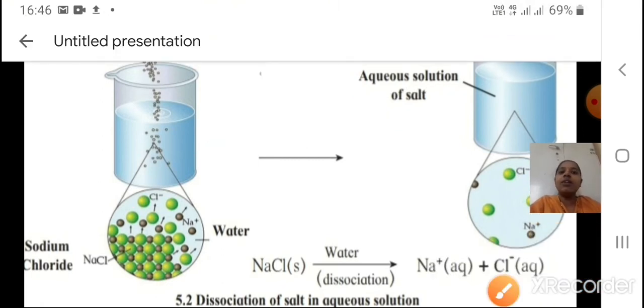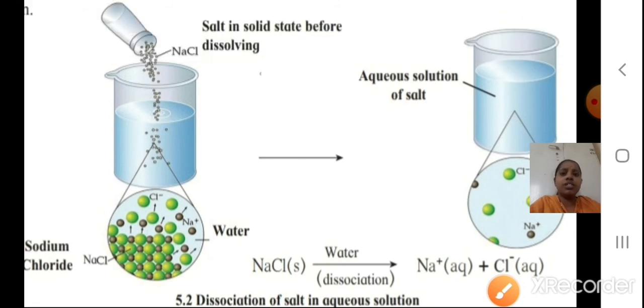So you can see down the equation is given. NaCl solid, is an S written there? Yes, for solid. Okay, water dissociation, how will you get Na plus, and can you see that aqueous is written on the right hand side? Yes, not to write on left, right only you will write. Na plus aqueous plus Cl minus aqueous. Okay students, did you understand till here?